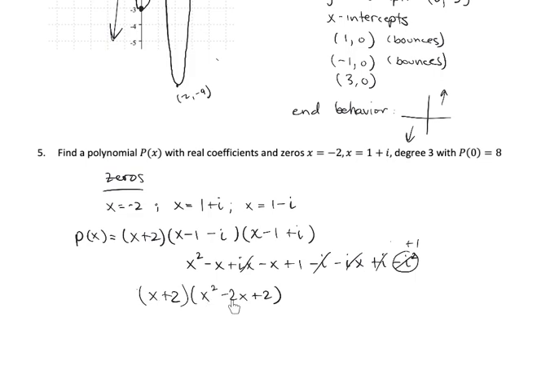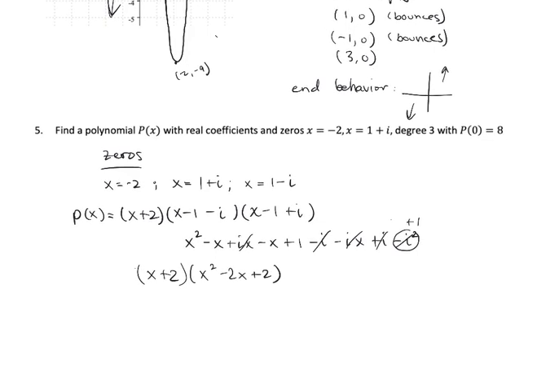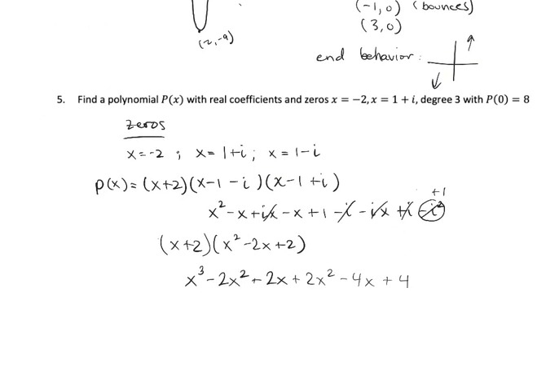So we distribute the x to all three terms. So x times x squared is x cubed. x times negative 2x is negative 2x squared, and x times 2 is 2x, and then we multiply the 2 to all three of those terms. So that's plus 2x squared minus 4x plus 4. And then combining like terms is x to the third. The x squareds cancel, so that's 2x minus 4x, that's negative 2x. And then